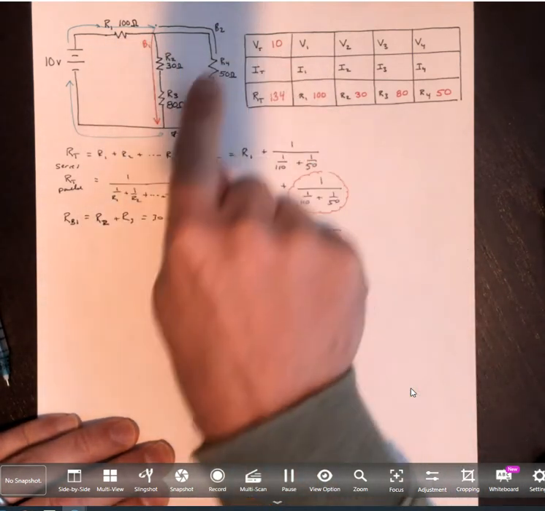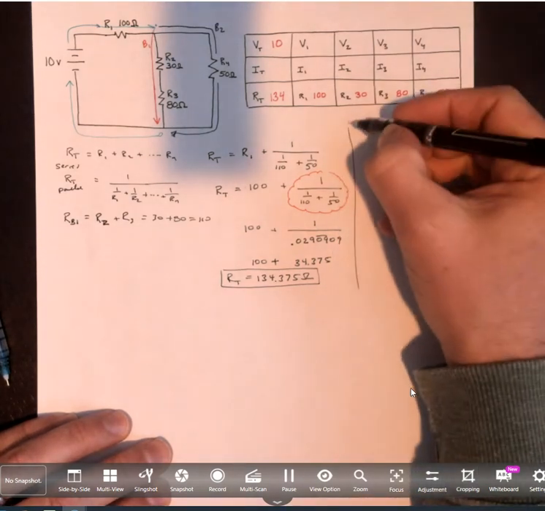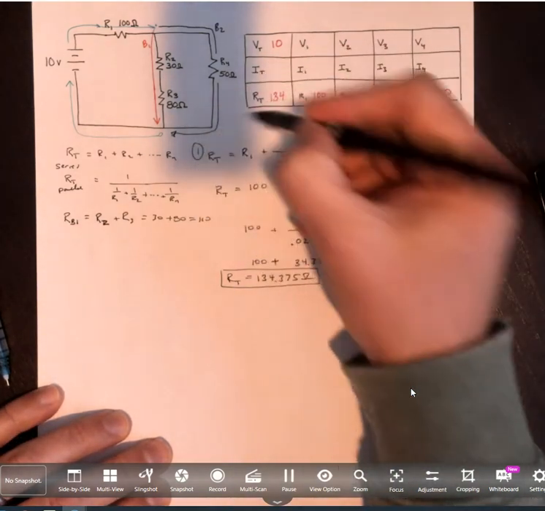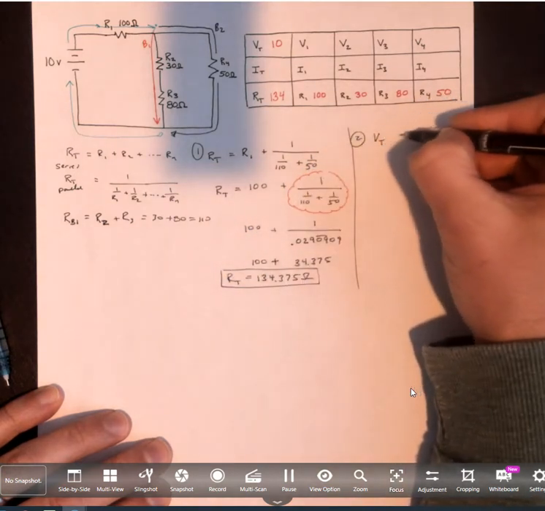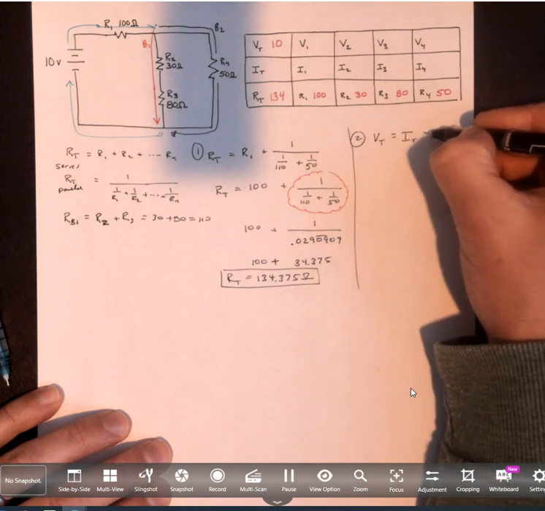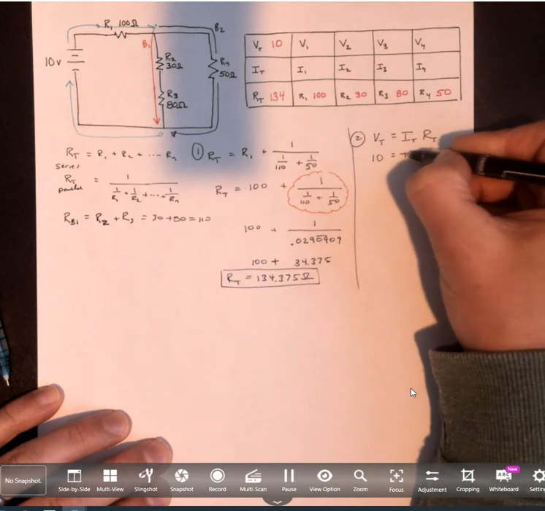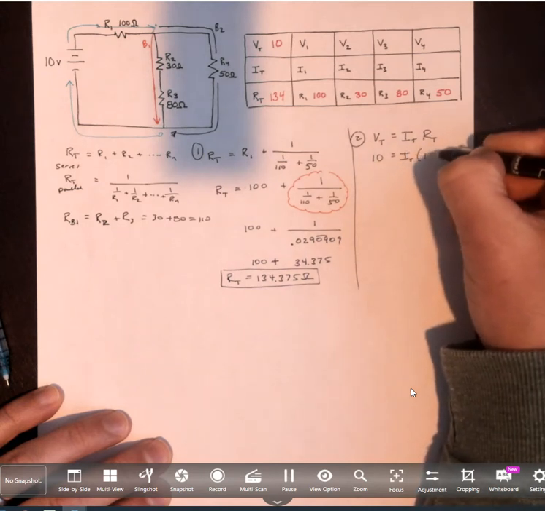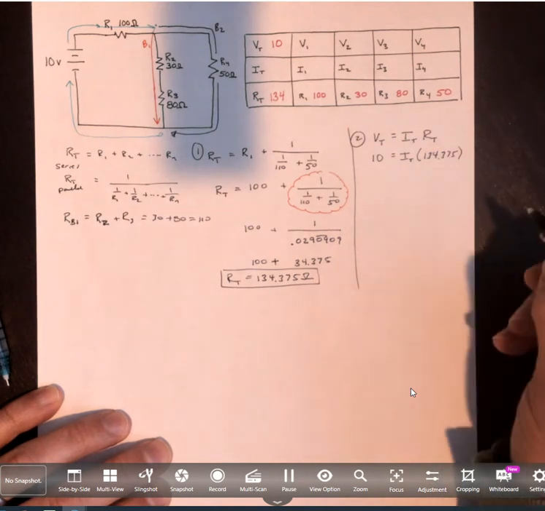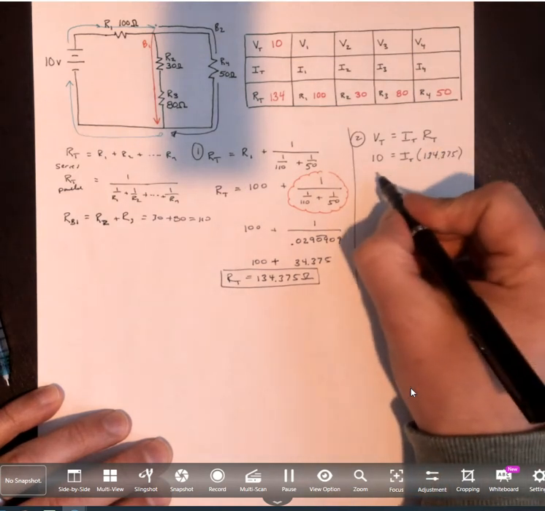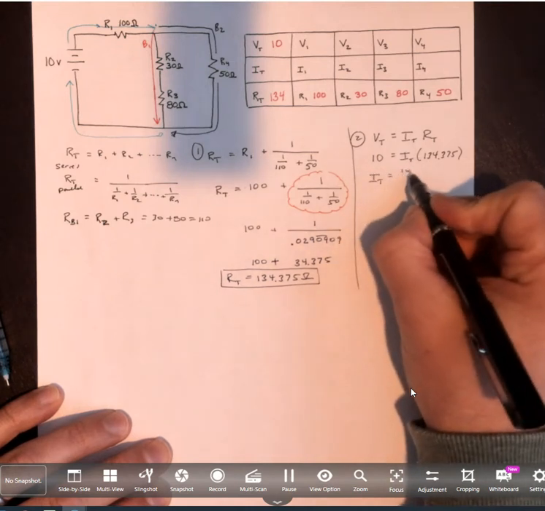So I now have the total voltage and I have the total resistance of my circuit. So it makes sense to go ahead and do the next thing. This was the very first thing I did, finding total resistance. So the very second thing I'm going to do is to use Ohm's law to calculate the total current flow through this circuit. So we had a voltage of 10 volts. I'm not sure how much current we have yet, but I do know I have 134.375 ohms. So I would divide both sides by the 134.375, so it's really 10 divided by